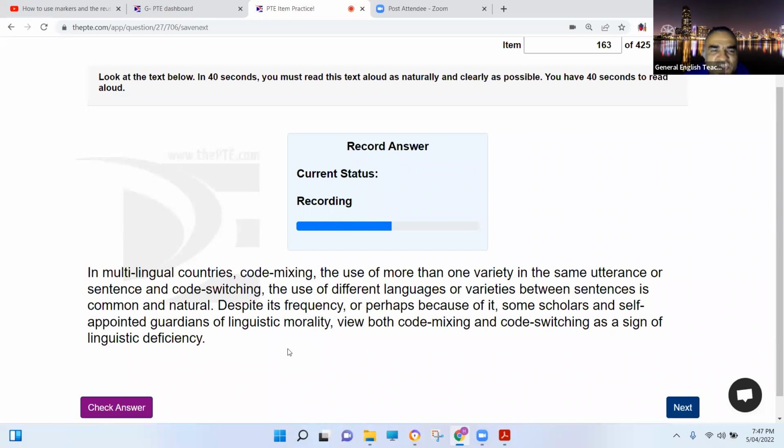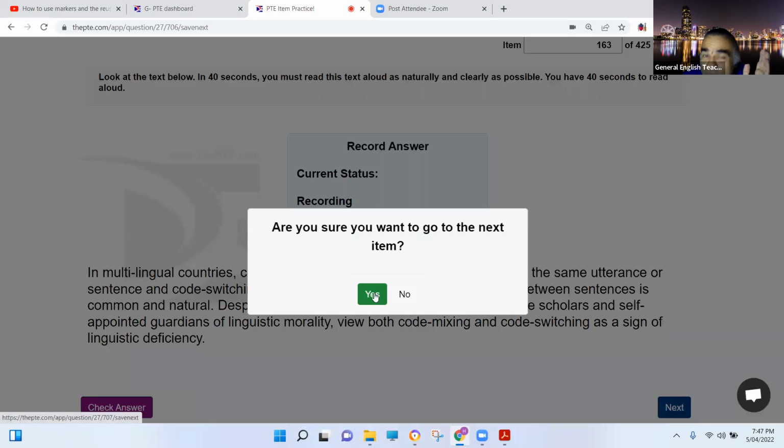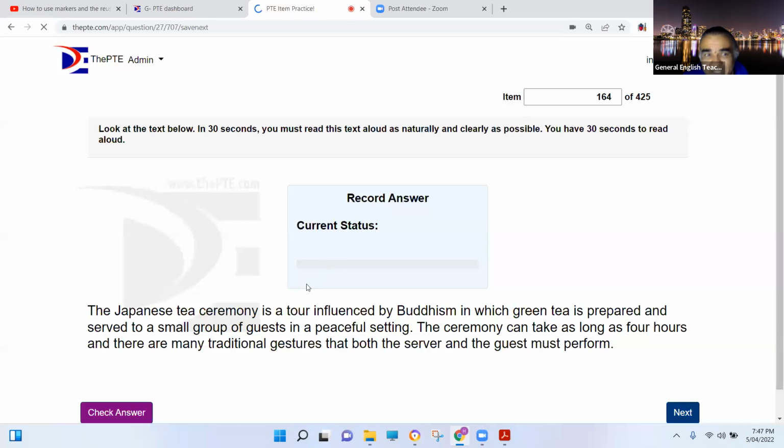of linguistic deficiency. Okay, half the time, there you go. So remember, you don't have to have a British, English, or American pronunciation. Whatever you say should be picked up by the computer. That's it. So the best way I would say is reading it like this, so that the computer understands,